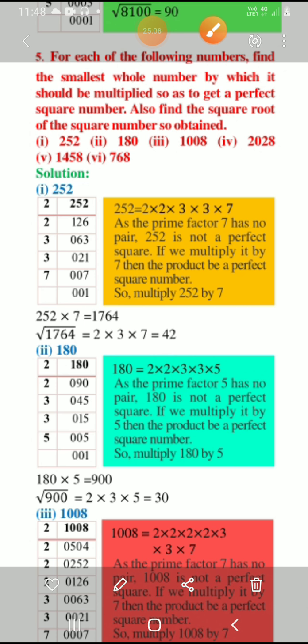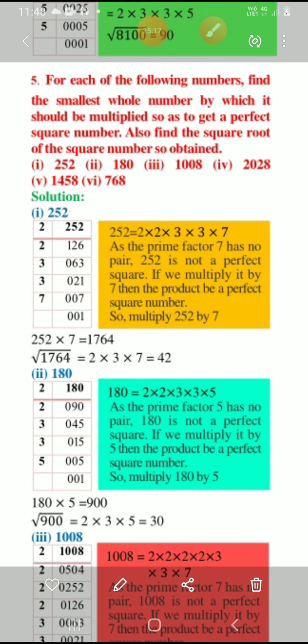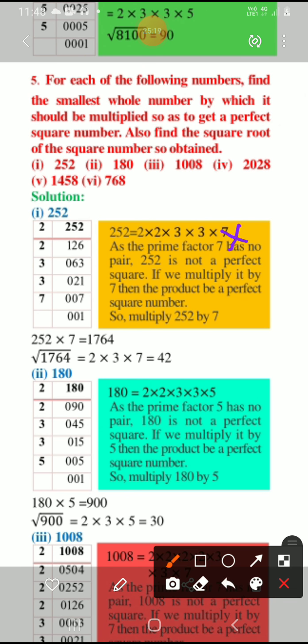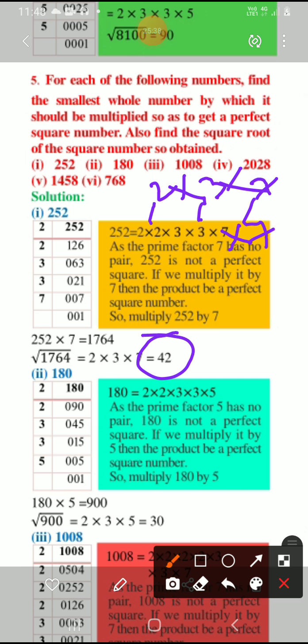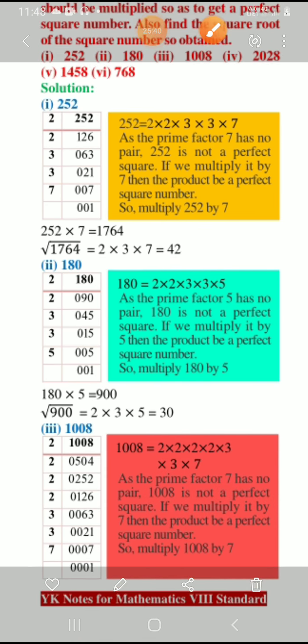When the answer comes as 1764, if we extract one number from each of the pairs, suppose here one more pair is there, if you multiply this by 7, we can write 7 again here. So one number we can extract from each pair: from here we extract 2, from here 3, from here 7. So 2 into 3 into 7, 2 3s are 6, 6 7s are 42, correct? 6 7s are 42. So we can write it in this way. I hope you understand that.